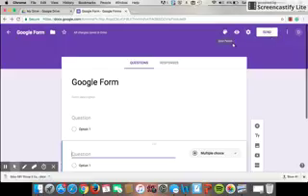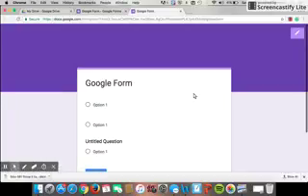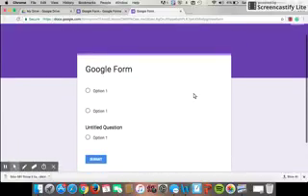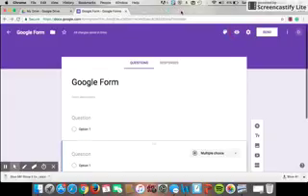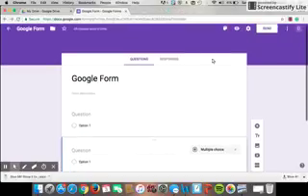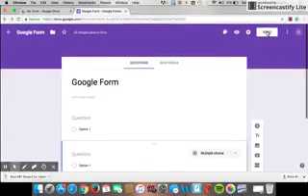Once you finish your quiz, you can send it in a few ways. So before you're sending your quiz, you can actually preview it, and another window will pop up, and this is how your respondents will see the quiz. To go back, you can just click out, and to send it, you can hit the button that says send